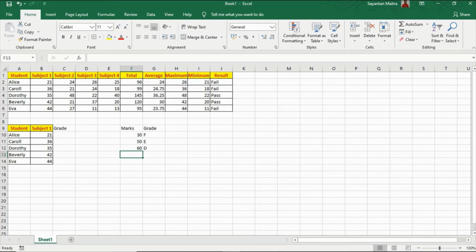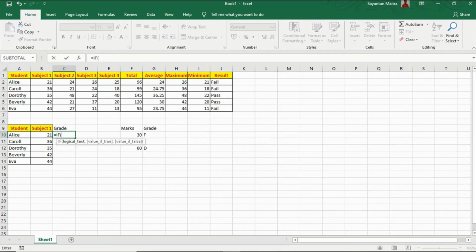So here we will use the nested IF function. Equal to IF, if this figure is less than 30, then the student will get F. Now for the value if false, we will use another IF function.